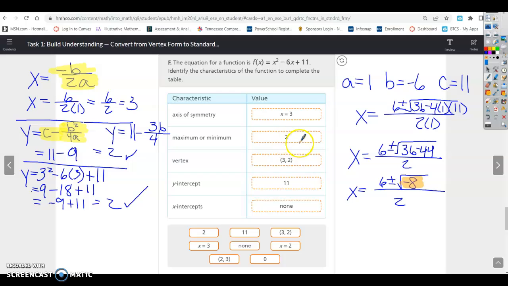So that gives you a maximum, or a minimum in this case, of 2, because a is 1, so we know it turns down. So that means the vertex is 3, 2. That comes from those 2 points there. The y-intercept is your constant term, so 11. When we use the quadratic formula, it gives us a negative number, so there is no